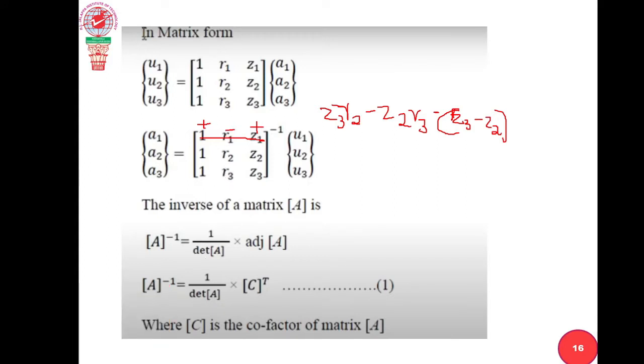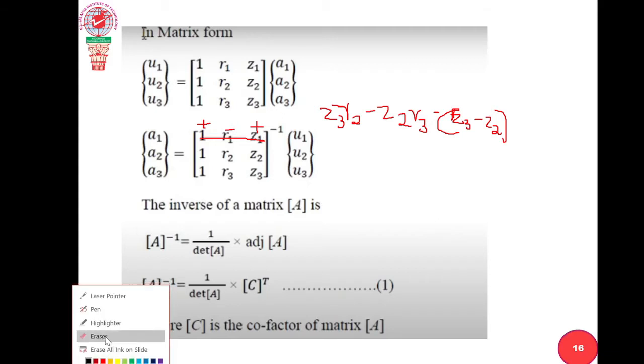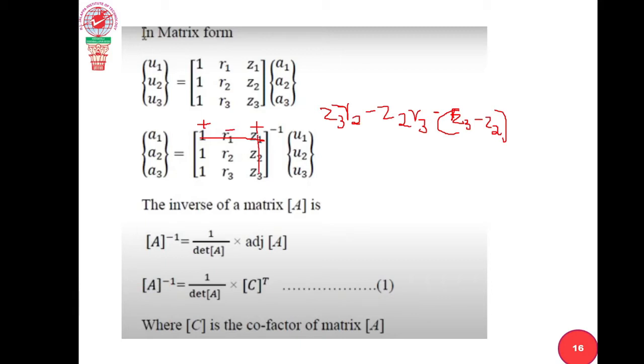Now, let me take the third one. What is the next one? One minute. Need to write now. Okay. I need to eliminate this. Now, I will take these two elements. R2 into, so R3 minus R3 into cross multiply. R3 into 1 minus, plus or minus. Still comes under plus. Correct?